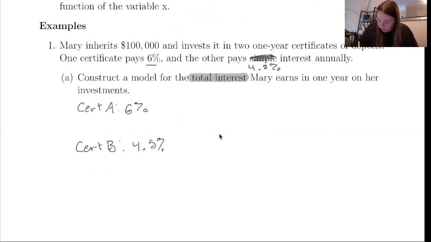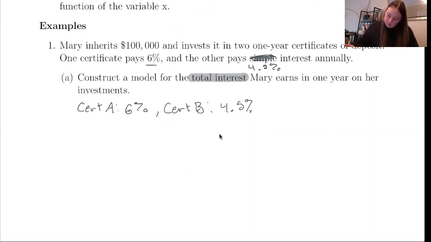I'm going to say let x represent, what do you think is going to be the varying thing? It's the amount of money that we put into each account, right? That's going to change how much I get out after a year. So let x represent the amount